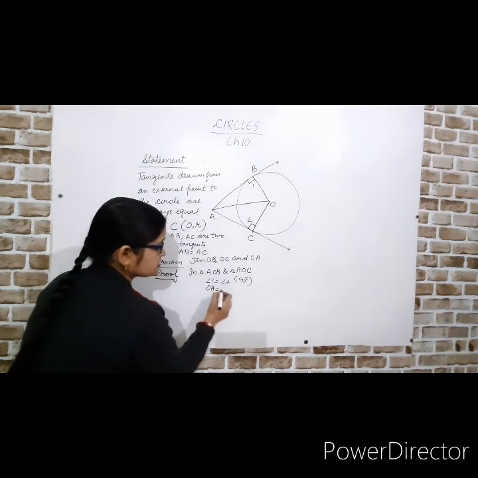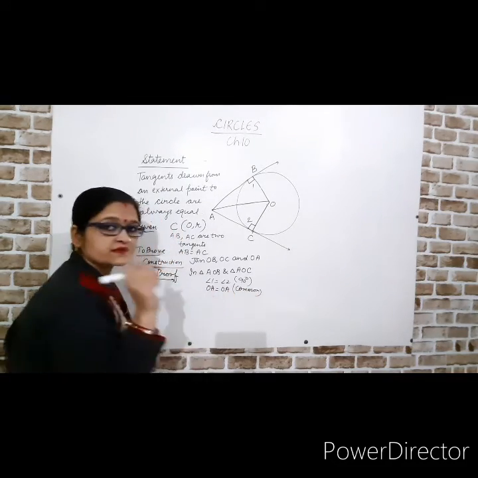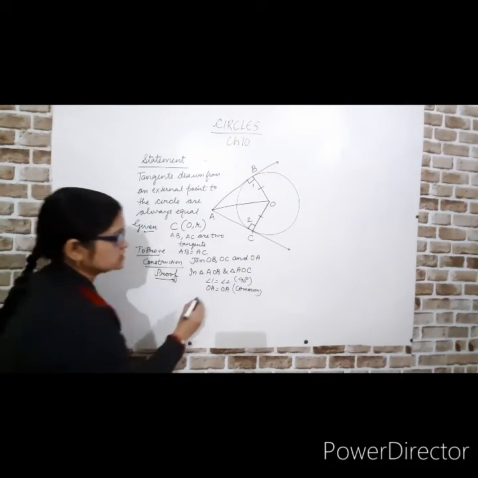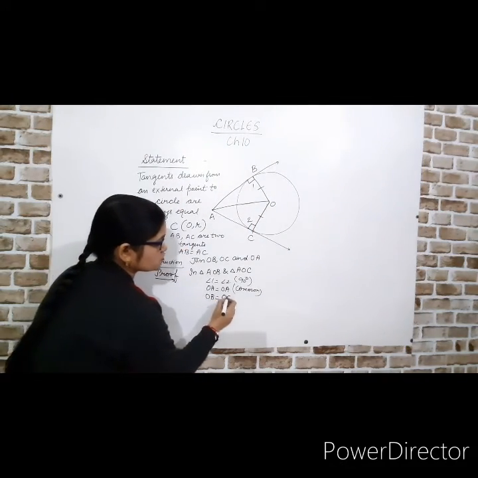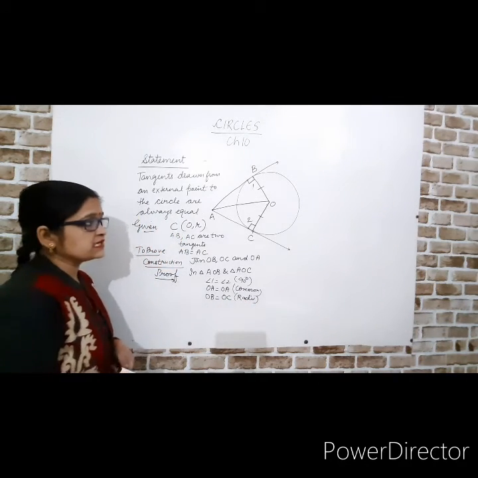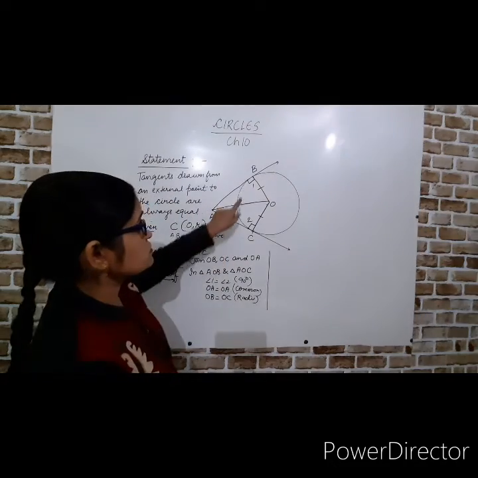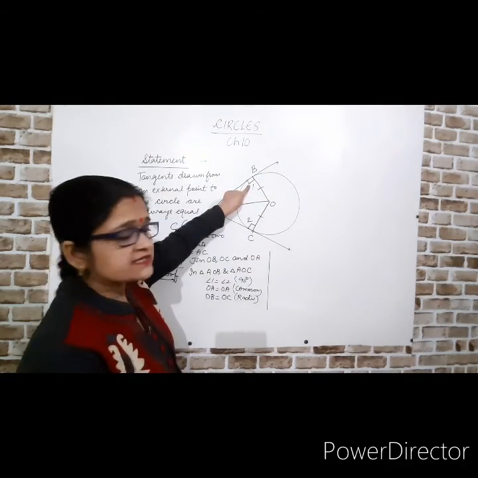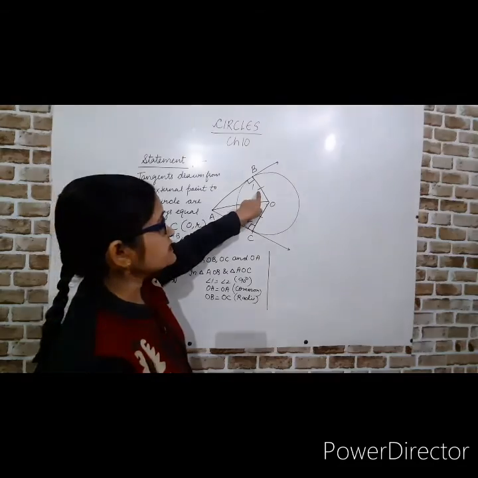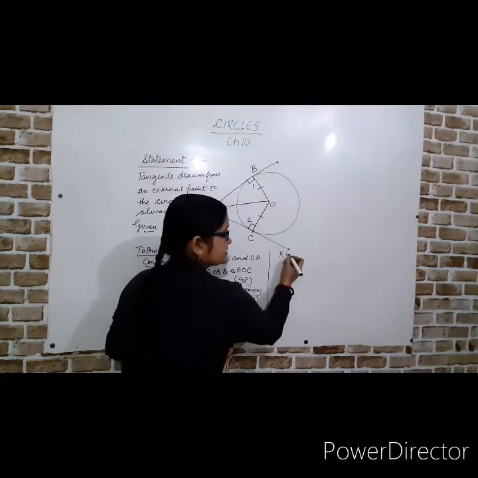So OA is equal to OA, you will write common. Third thing, the radii are equal. So OB is equal to OC, both are radii. Now what is the concept of congruency? We have to write the criteria also. Right angle, opposite side hypotenuse, that is H, and one side is taken, that is the radius, so that is S. By using the RHS rule,